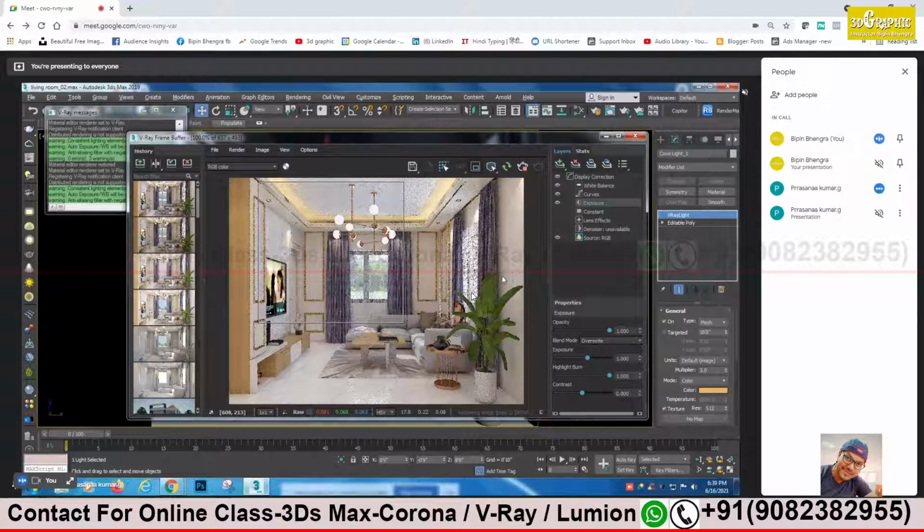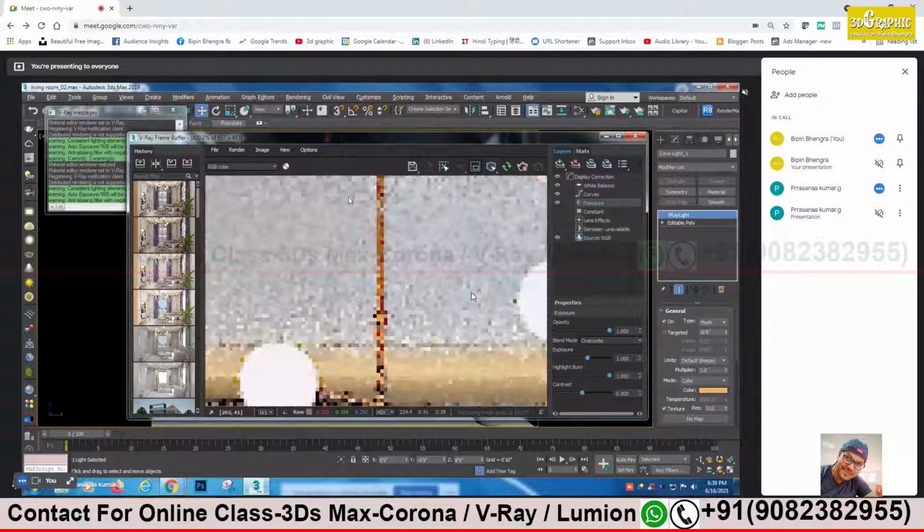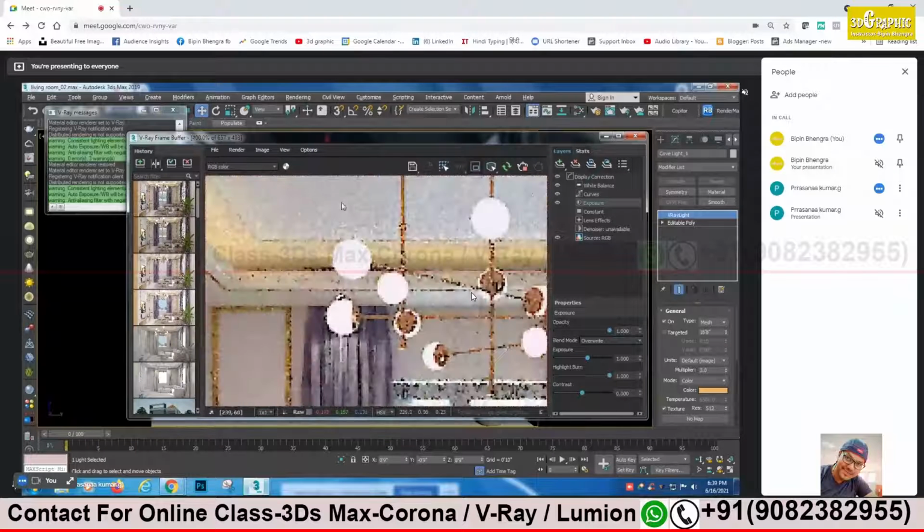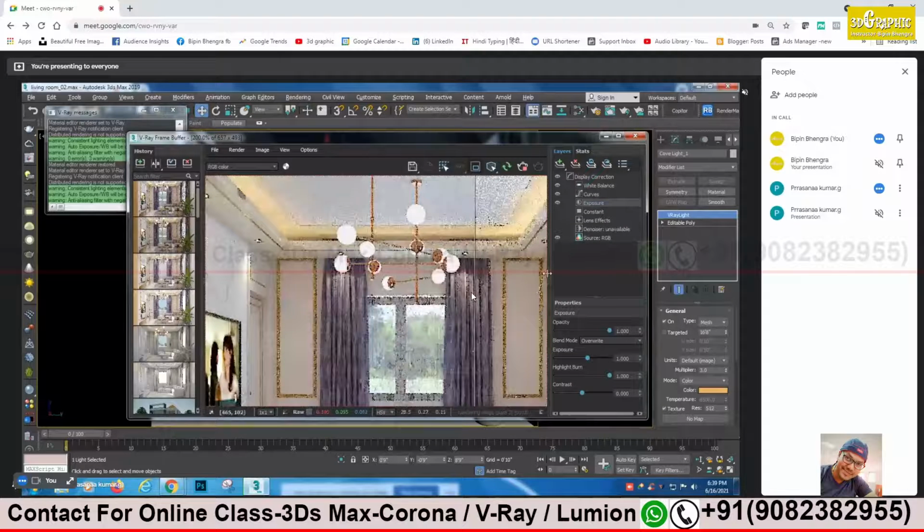Can you zoom on the ceiling a little bit? I can see a closer look at the cove area. Okay. Try to reduce a little bit more. Yes.